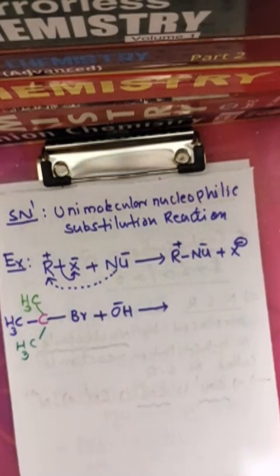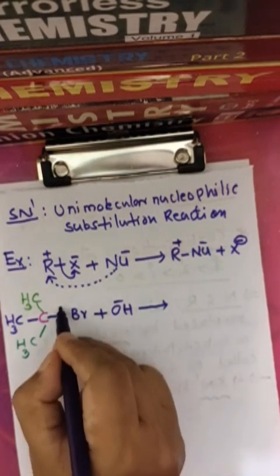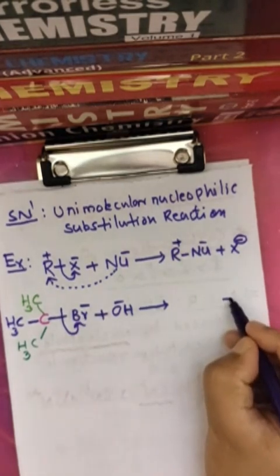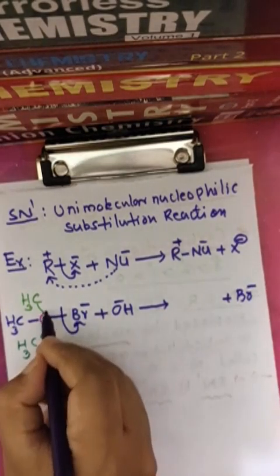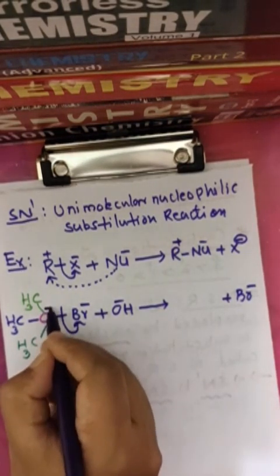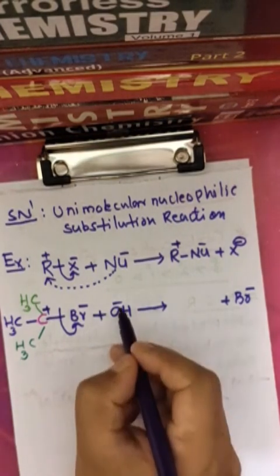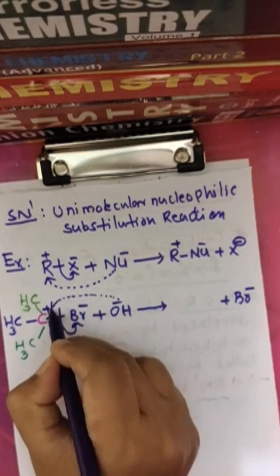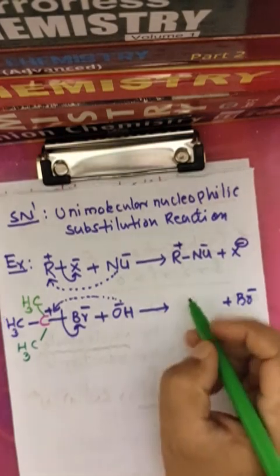Let me go through what happened. This is bromine, more electronegative, and it is going to break the bond and is removed as Br minus. And here we have a positive charge, meaning a 3 degree carbocation. Immediately this OH minus nucleophile will attack the carbocation. Then the product you are getting